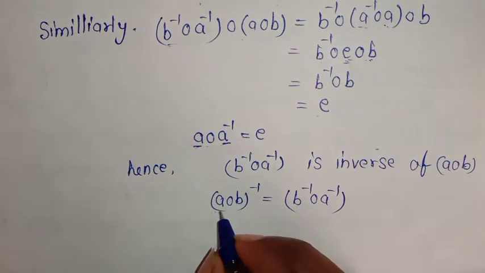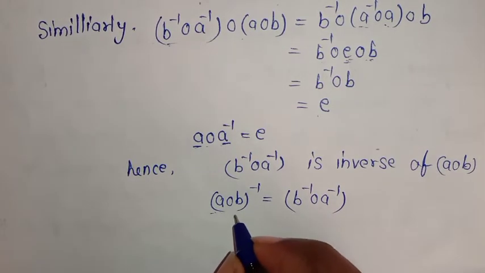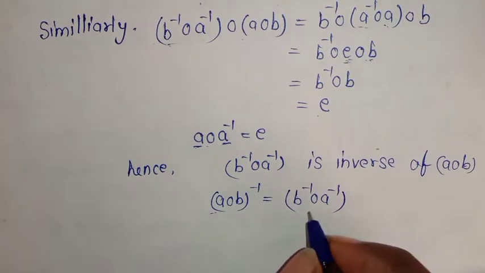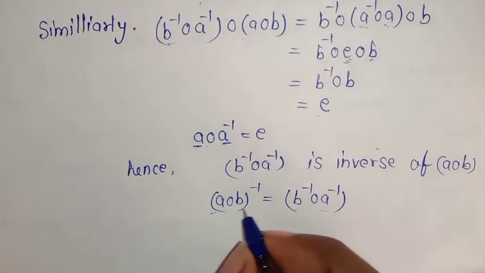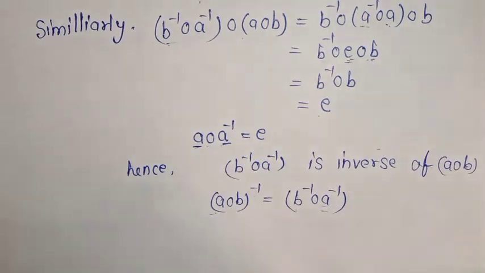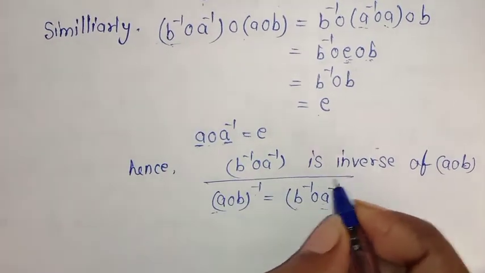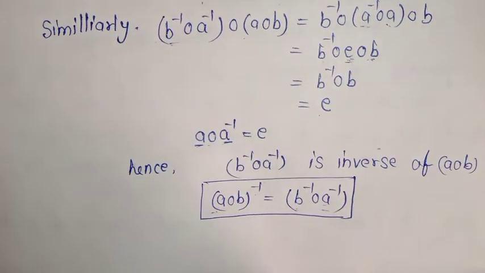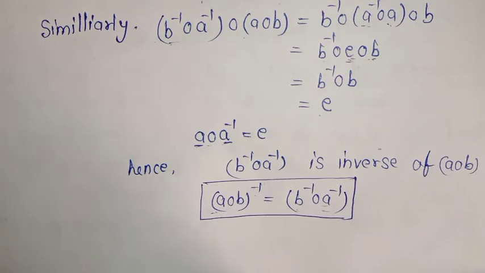Now you can see I am taking an element of the group and taking the inverse of this element, then the element holds the reversal law. That is, the order of the elements gets changed after taking the inverse of the element. So this rule is known as the reversal rule, and this rule holds in each and every group. So I hope you understand this property.